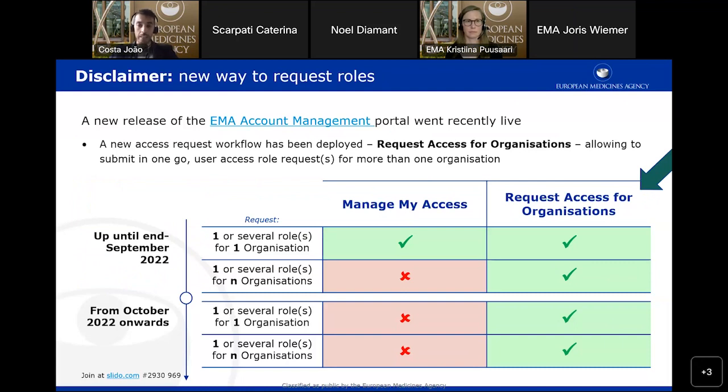What we can see here is that until end of September, the Manage My Access will still be available only for submitting single requests, requests for single organizations. And as from October, this functionality will be discontinued. And that's why we already recommended as from now to use the new way to submit an access role request.